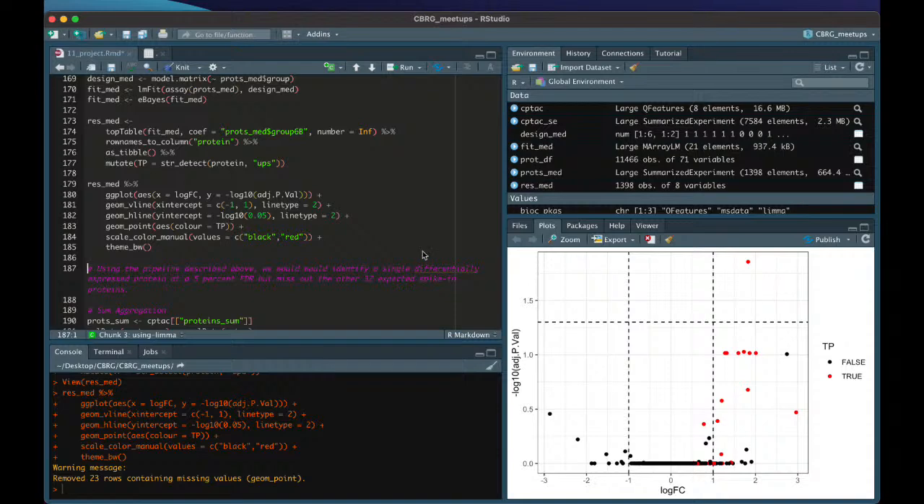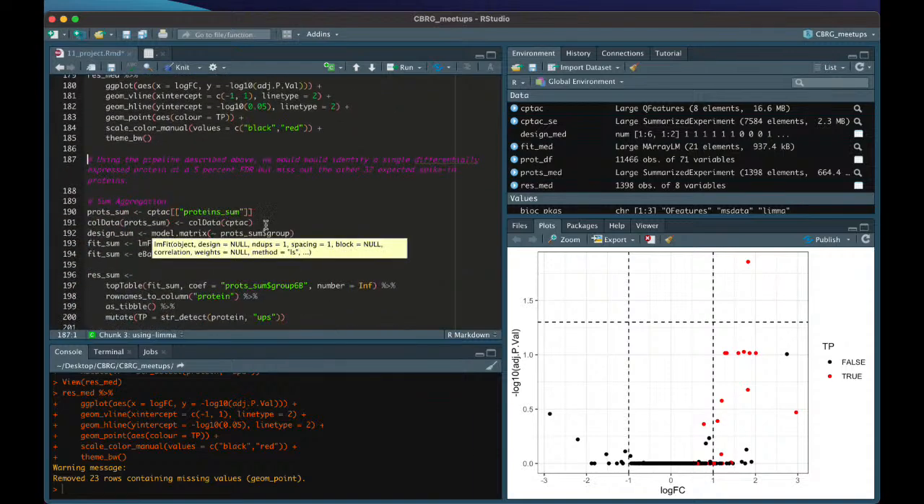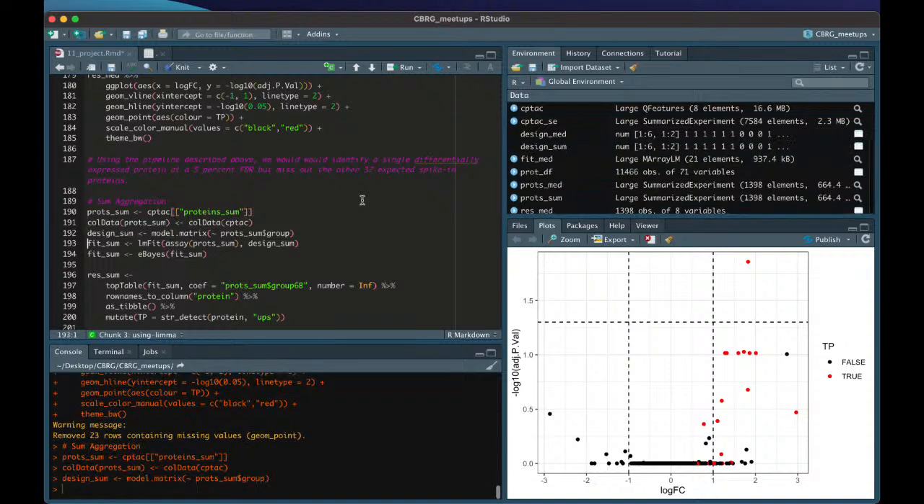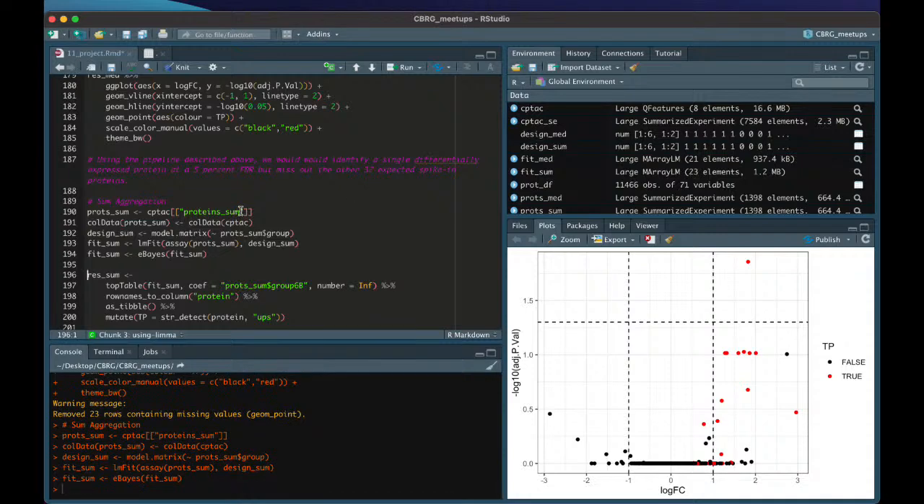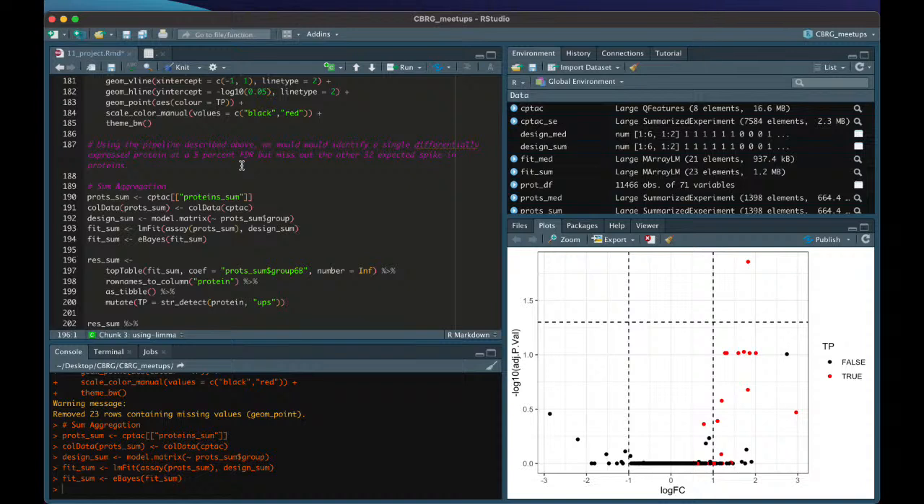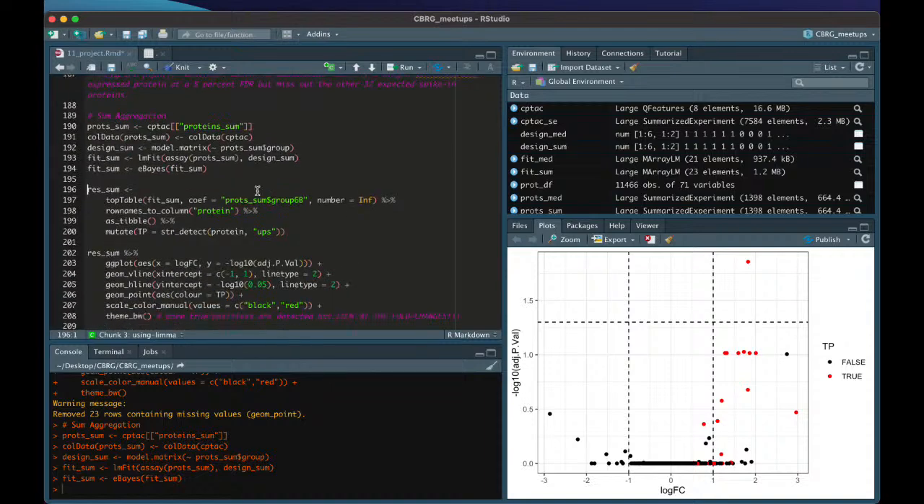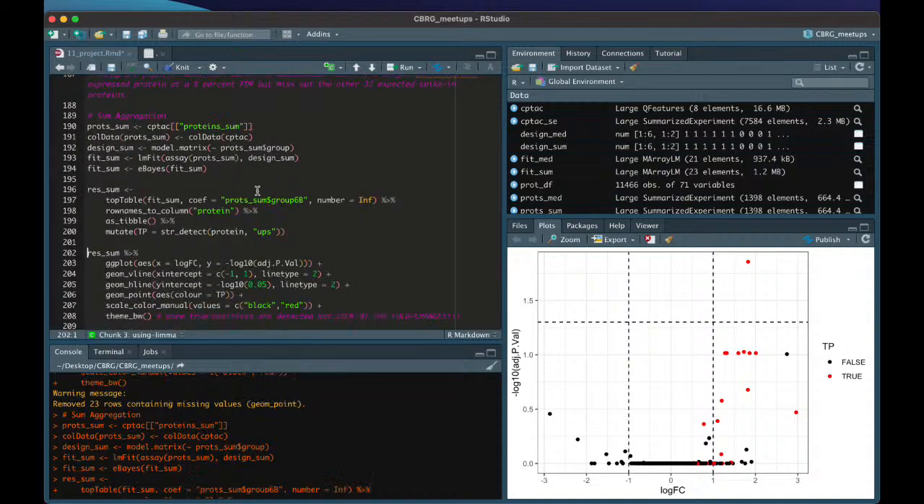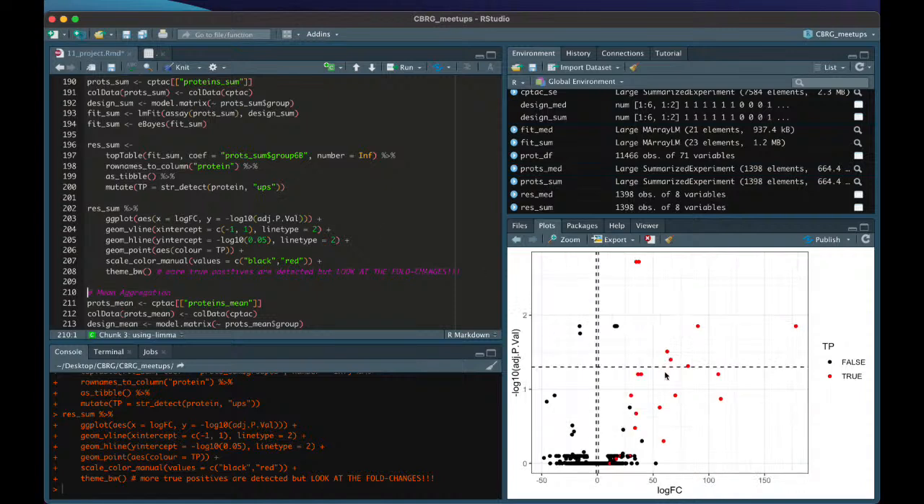So what we can do is just repeat this lemma process for all the other aggregations. So let's go through this. I'm just going to run through this without explaining because, if you compare it to the previous code, it is basically identical except you change the names from med to sum just to keep track of the different things. We do this. And so now if we look at the plot for the sum aggregation,